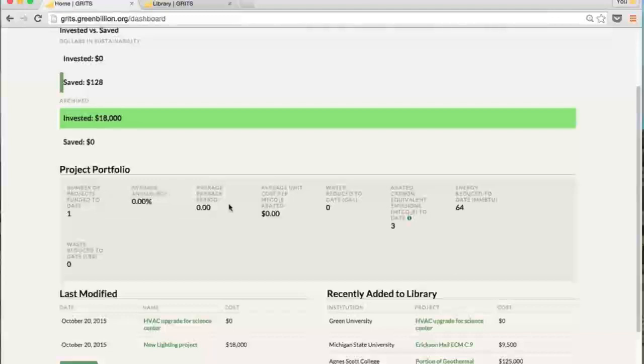It shows for all of my completed projects what my average return on investment is, my average payback period. The reason I'm seeing zeros here is because my completed project has a zero project dollar cost. As soon as I change that, I would see averages, and it will show me the amount reduced to date. And here, from the one completed project, I can already see that I've saved 3 metric tonnes of carbon dioxide. I can also see the last modified projects of my own council, which are the 2 that I added in